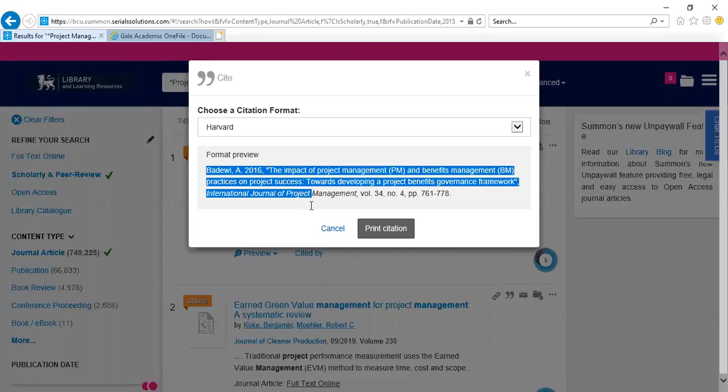All right, now you can see the reference. What you would likely need to do is copy this reference and paste it in your list of references. But just a quick tip, I would recommend that you copy it from here and paste it on a notepad and keep track of it before you directly paste it onto Word, because then you can adjust the formatting to the correct text.